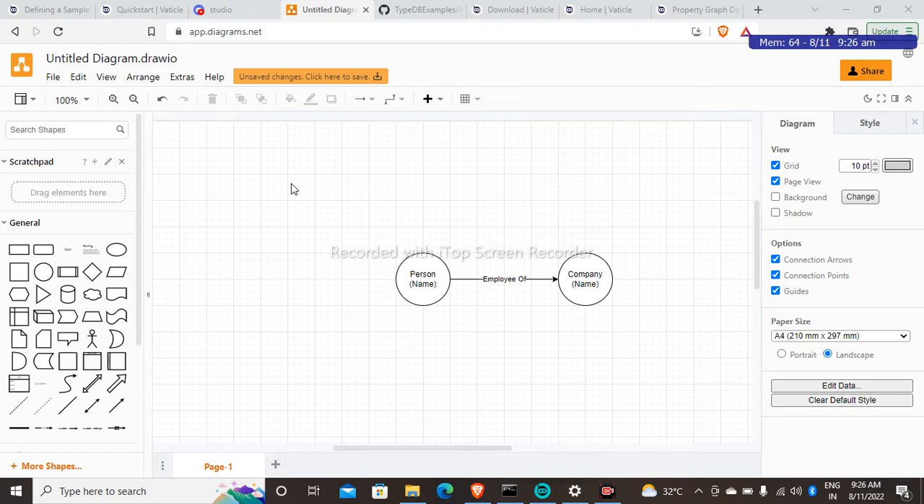For example, look at the image. A person works for a company. So we will have two nodes, one person and another node, the company. And these nodes will have a property, name, and a relationship, employee of, will be created between the person and the company. However,